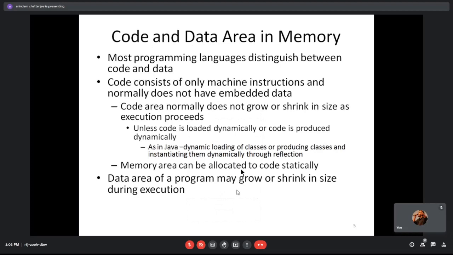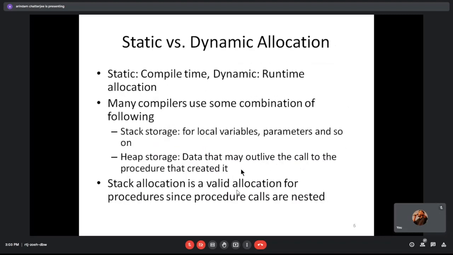So code and data area in memory, there is nothing much to be talked about. Static versus dynamic allocation. Please note the term carefully because at one point of time we'll be using it in our discussion of language comparison, which we'll be doing shortly.